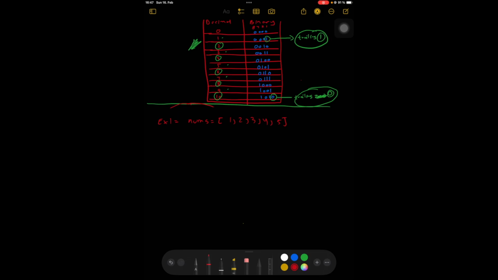Because the bitwise OR of all the even numbers will always give an even number, which will have a trailing 0, right? So from this array we know that 2 is even and 4 is even, so we can select these two elements. And since the question says to return true if it is possible to select two or more elements whose bitwise OR has trailing zeros, yes, we can select at least two elements, so we will return